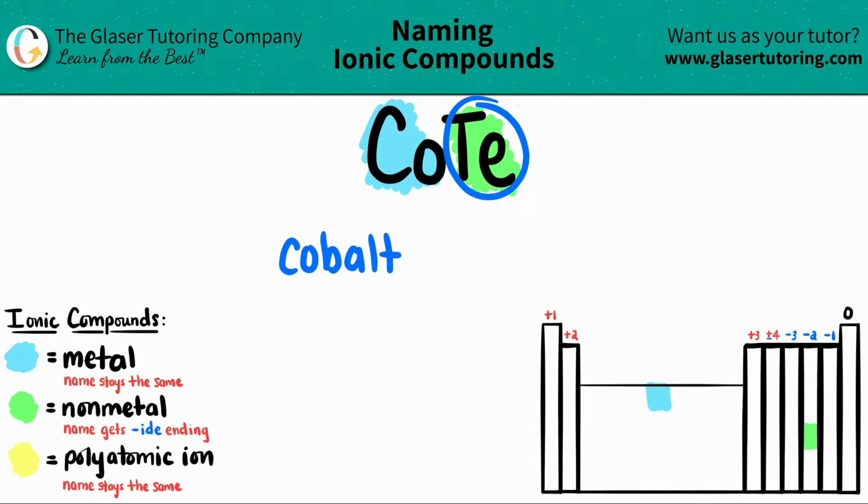Now let's do the nonmetal. Now the nonmetal doesn't stay the same. It gets the -ide ending. So Te on the periodic table is called tellurium, but when we change it to the -ide ending, it becomes